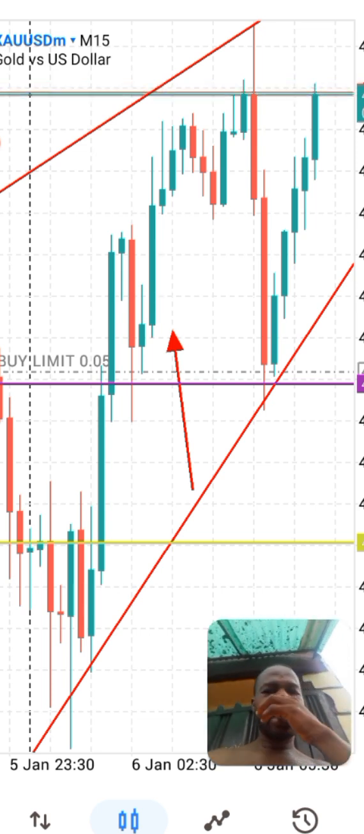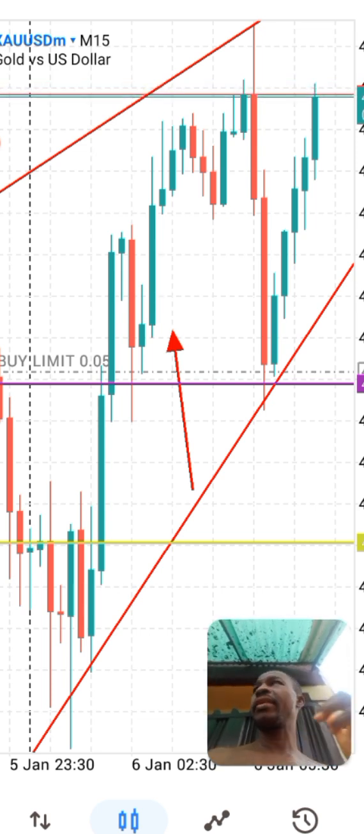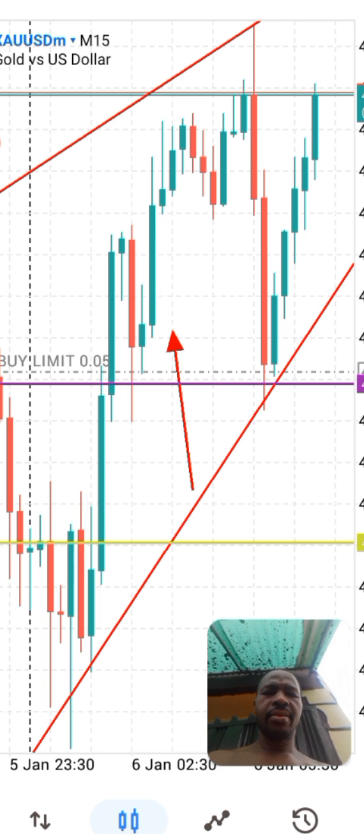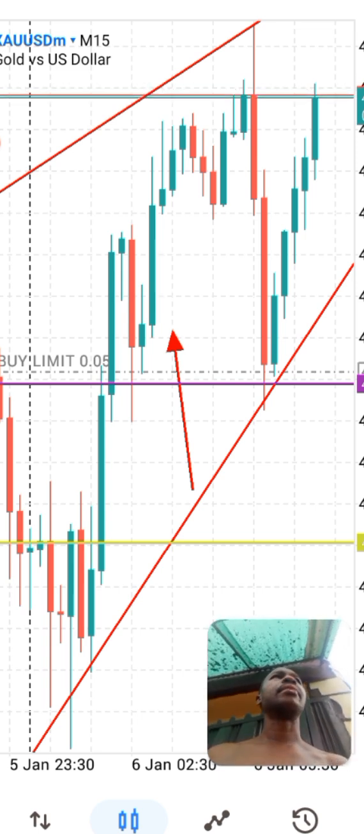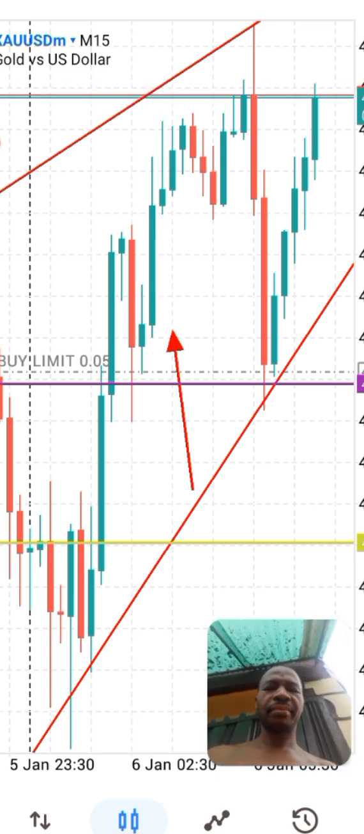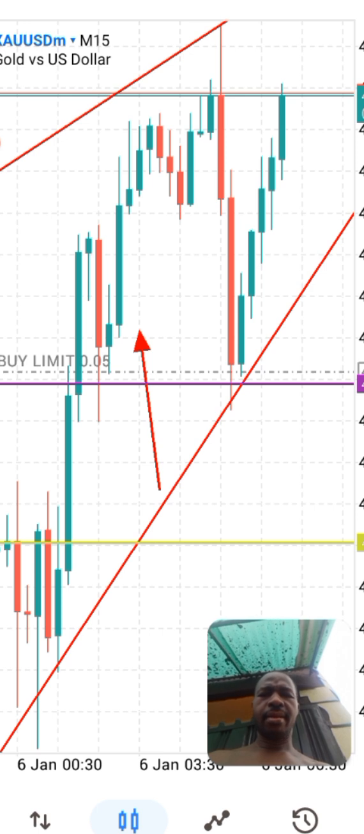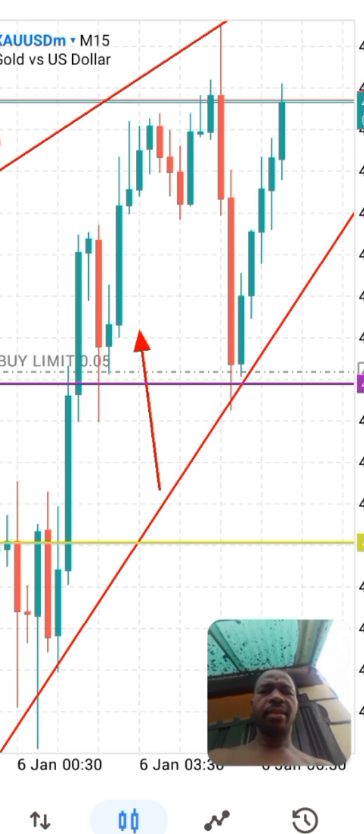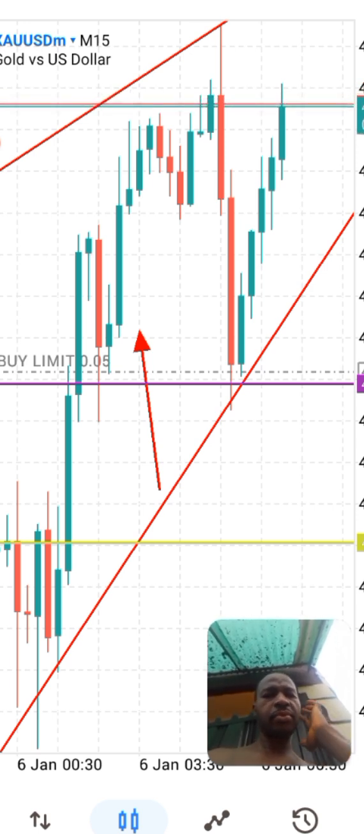Look, gold is now trending up. So we have taken our first TP, and we are looking at the second TP. Yeah, we have taken our first TP. So second TP. If you look at the trade now, you find out that what it's gonna do now is